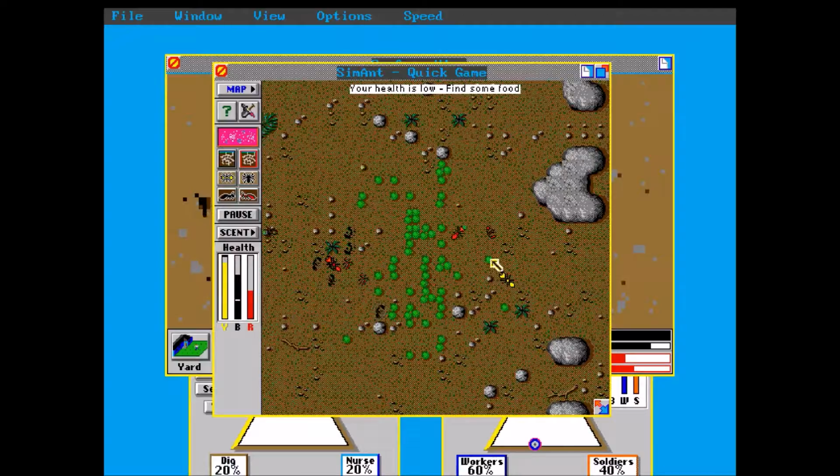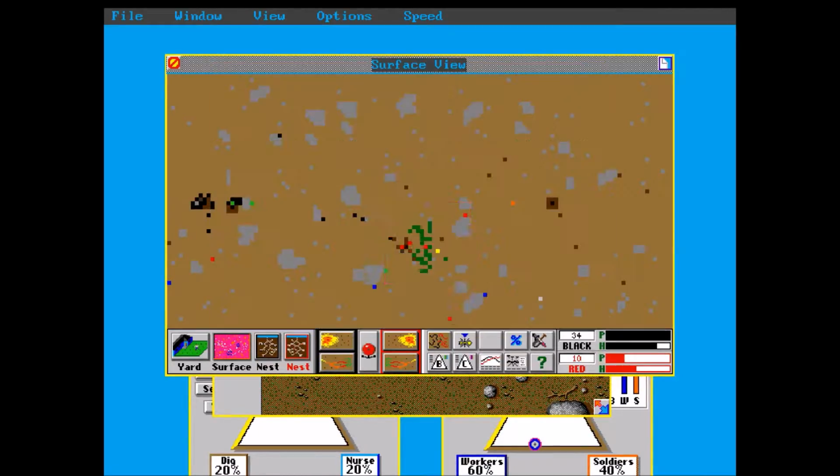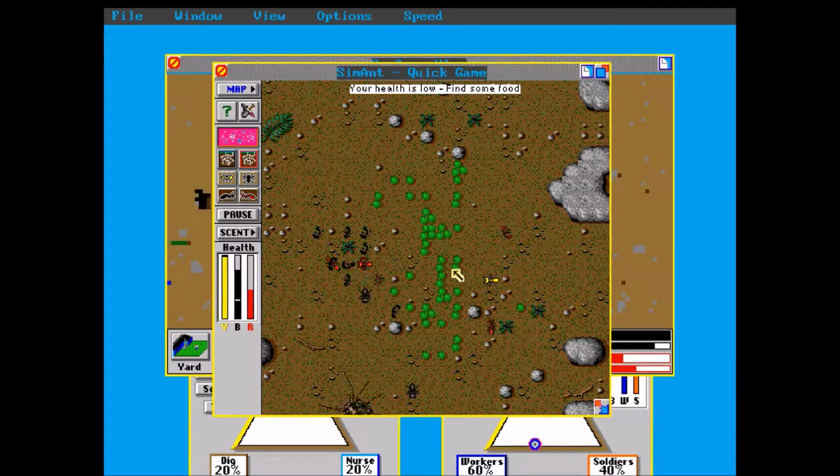You also have a corresponding ant in the red nest. It's called the Terminator ant or Destroyer ant, and you can see him right there. I don't think he ever really does much. He just kind of stands there, and he's very hard to kill, but he does exist. He'll stand at the food source usually. And we also check to see the number of ants. So you can see we've got 37 ants in our colony, and there are 10 black ants. So we are being more successful than the